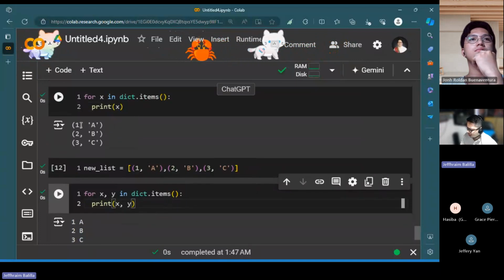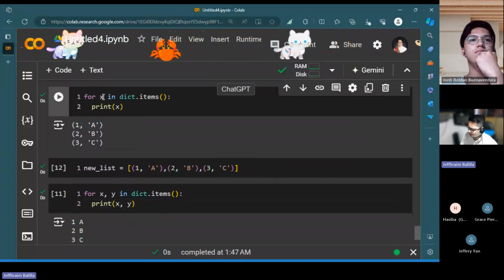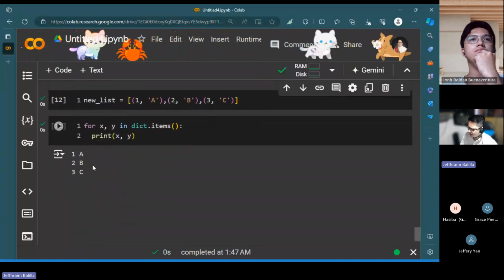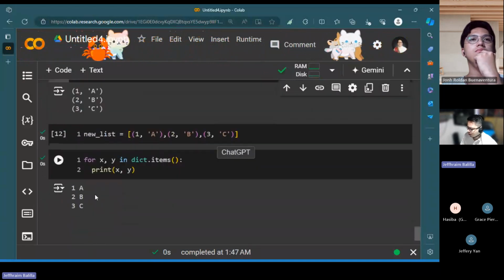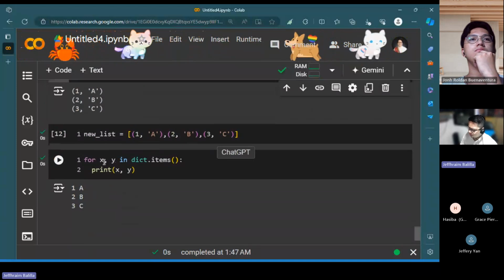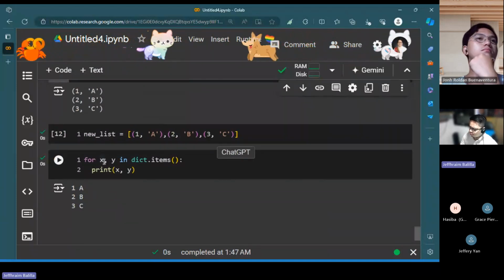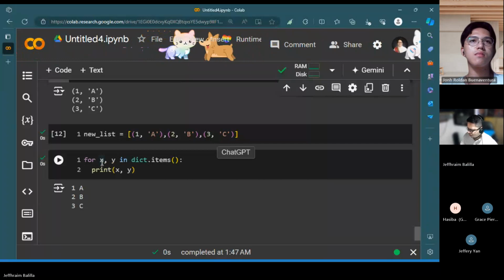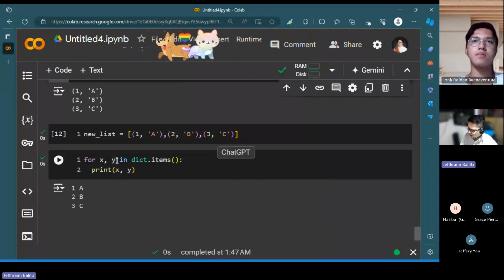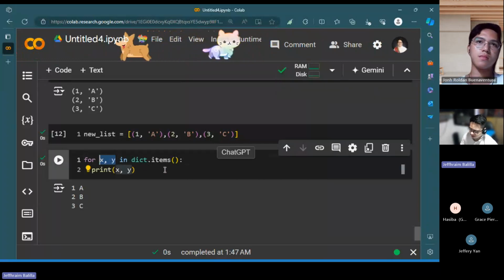When you have a tuple like this, when you print it, it's just a single element, or when you compare, when you do it with x and y.